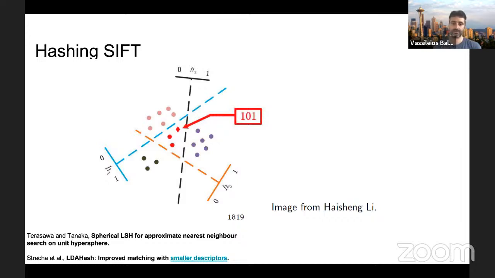And this was driven, for example, by some hardware requirements. So there were some Intel processors that had a very fast way to do XOR operations in binary if you have a way to represent your data in a binary way. And this is one such case where you could probably make your matching like 10 times faster just by using this. So the first and easiest way to do this is you can start by extracting your original descriptor,